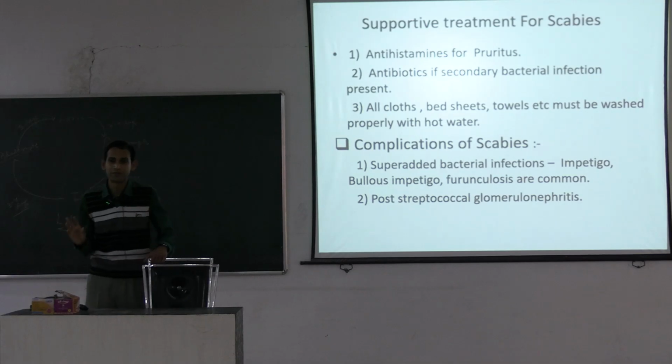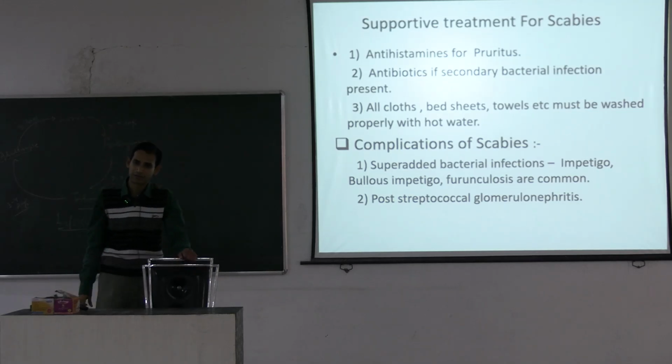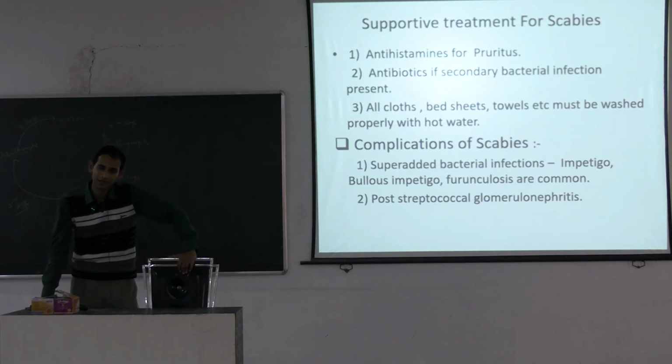Number 2 is the clinical feature. In the clinical feature, you have to remember the nocturnal pruritus, that is pruritus which is exacerbated at night, and the history of pruritus among the household members or close family members. And the distribution of the lesion, as I have already told, in adult scabies, the most common distributions are found in the webs of the finger, flexural aspect of the wrist, back of elbow, axilla, nipple areola complex, umbilicus, lower abdomen, genitalia, thigh and the buttock region, producing an imaginary circle known as the circle of Hebra.